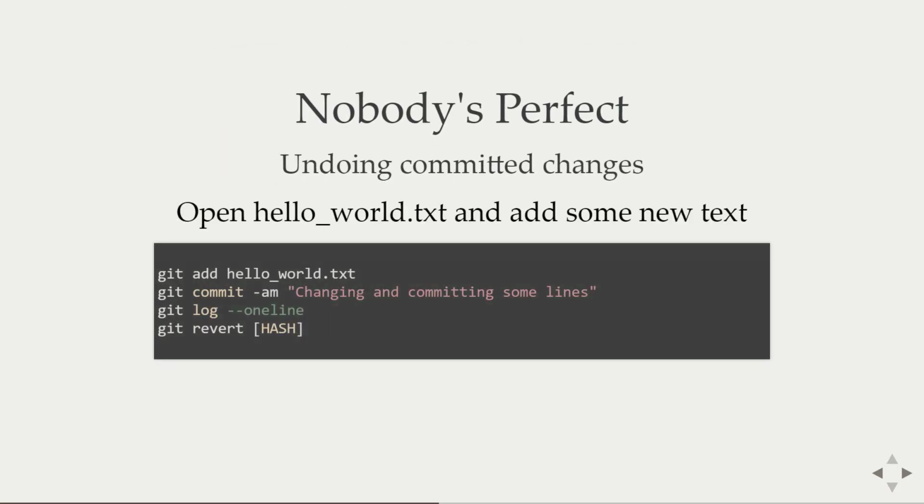Technically, you can't undo committed changes. There is no such thing as an undo committed. What Git does instead for you is, when you add the file and commit it, you do the git log so you can get that hash code. You basically tell it git revert hash. It goes back and looks at what was the previous version before that, and it makes a new commit with that version. So it never truly reverted it. It's still there in the history for you. It just took that previous commit and stuck it as the very first one for you as a brand new commit. So no such thing as truly undoing and reverting in Git,